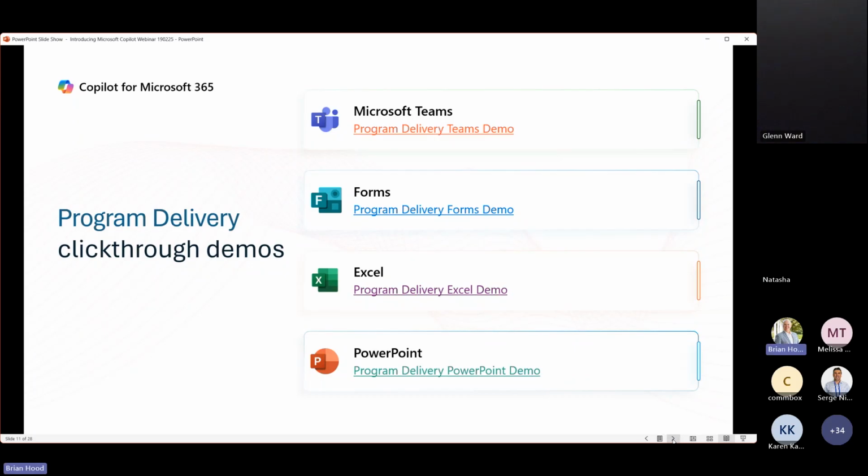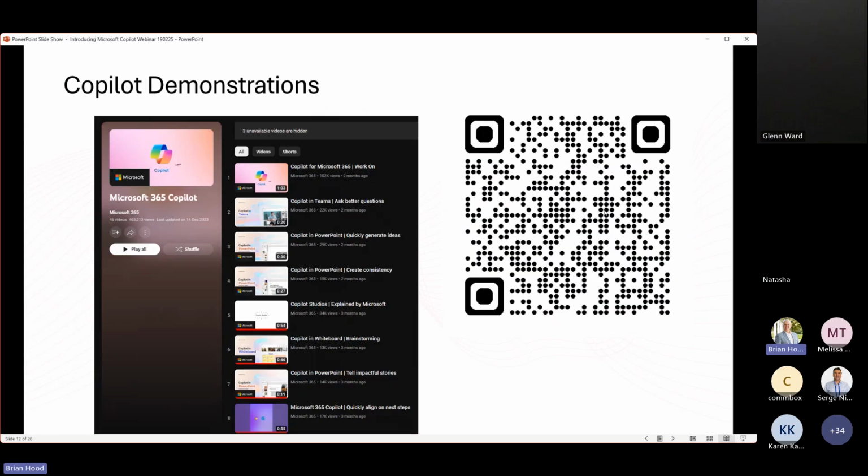So this next slide, if you can see there's a QR code on the screen there, you can use your cameras now and it will take you through to a dedicated YouTube channel for Microsoft Copilot, where they've got literally tens or more videos on using Copilot in various scenarios. So once again, don't worry too much about that now. You'll get a copy of this presentation post meeting, and you'll be able to go to these sites, and all of these links will be available to you.